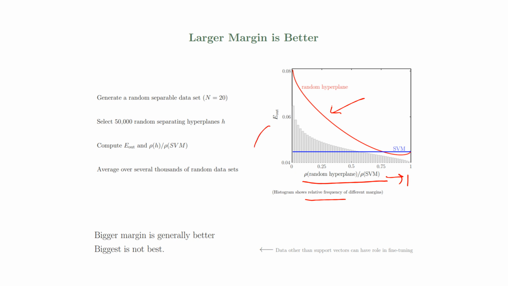So here, this is the average E out among those hyperplanes that capture that amount of margin. That's what is on the y-axis. All right, and you must be looking at this blue line, and of course this is my SVM. Regardless, it stays a straight line, and we already know why, right? Now the thing to focus on or notice is the dropping of this red curve, capturing how E out is dropping.